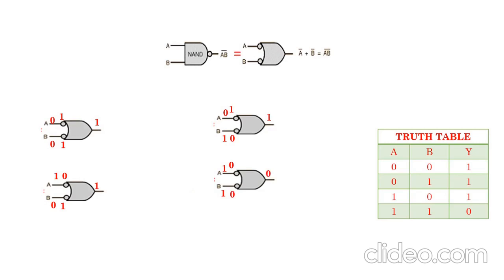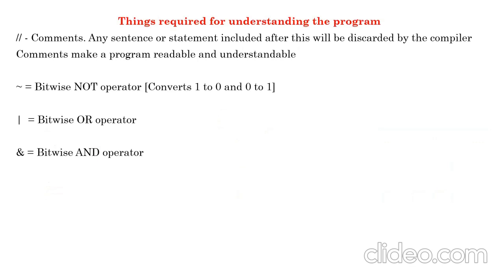Now we will be seeing how to code these two behavioral gates in Verilog in ModelSim software. For understanding the Verilog code, we need to go through these four concepts. The double forward slash indicates a comment. The comment indicates the meaning associated with each of the lines in a program. Also, it can be used to enable or disable a line of the program. That we'll be seeing shortly.